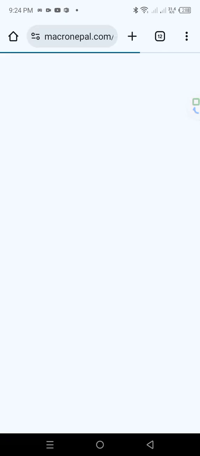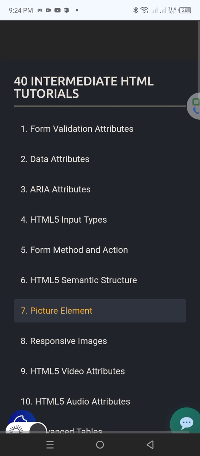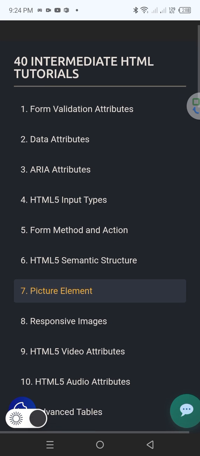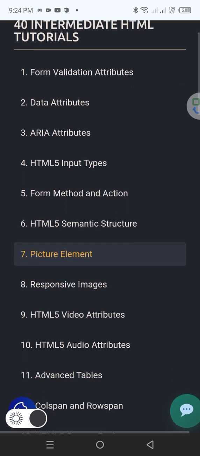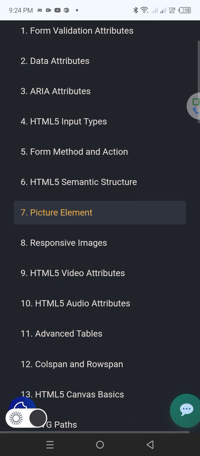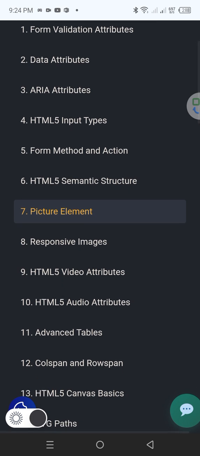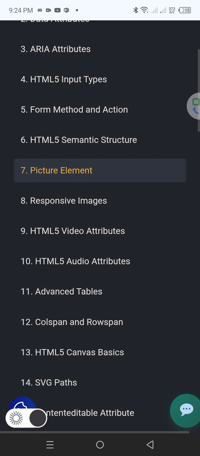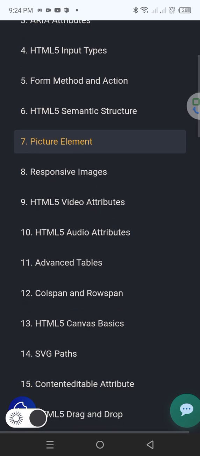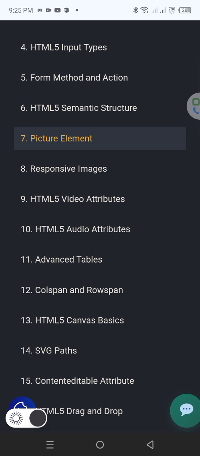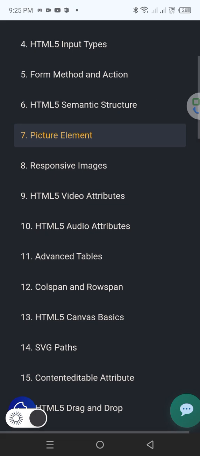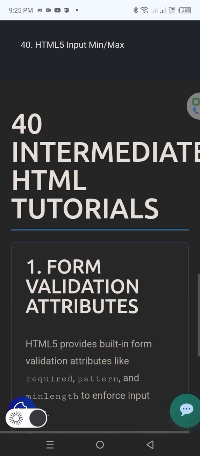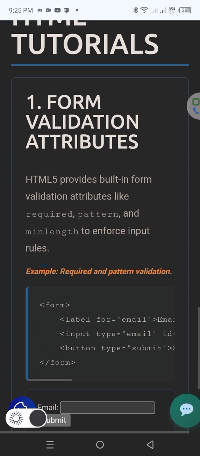At first we have form validation attribute, data attribute, aria attribute, HTML5 input type, form method and action, HTML5 semantic structure, picture element, responsive image, HTML5 audio attribute, and HTML5 video attribute. We will discuss all of these. Now let's begin with form validation attribute.